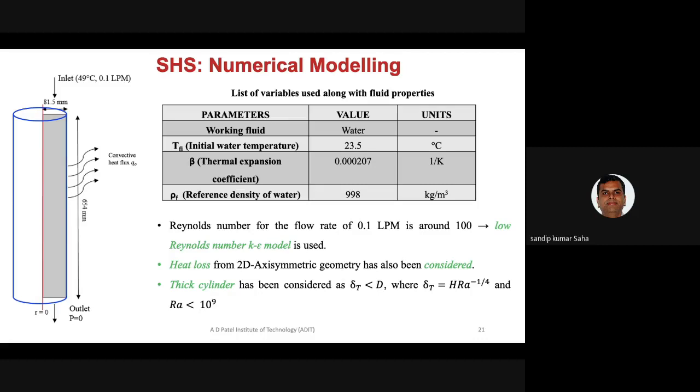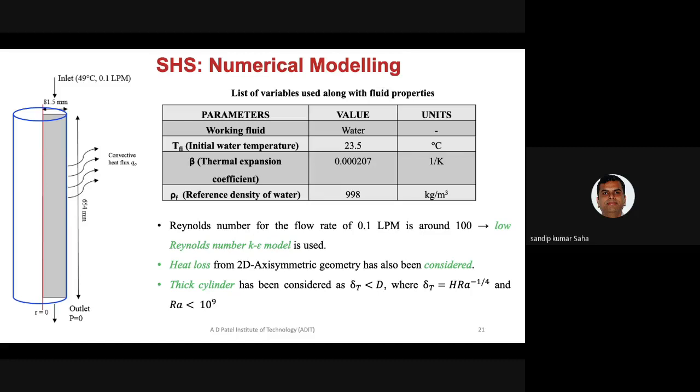Okay, and because of this we may not get any sharp interface between hot fluid and cold fluid. And if we don't get a very high temperature gradient, again I'm saying we will not be able to improve the thermal capacity of that system. Okay, so that's why although flow will be laminar in this case,